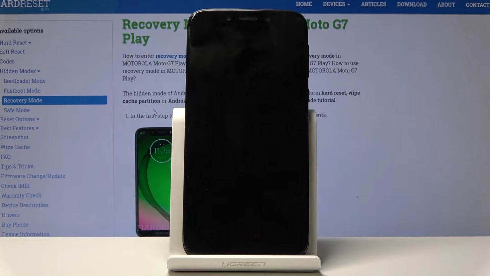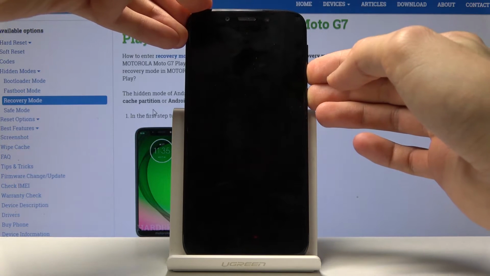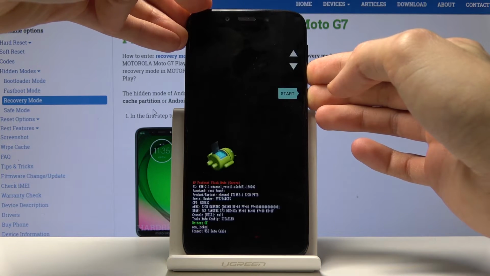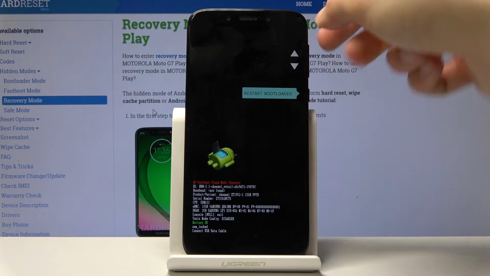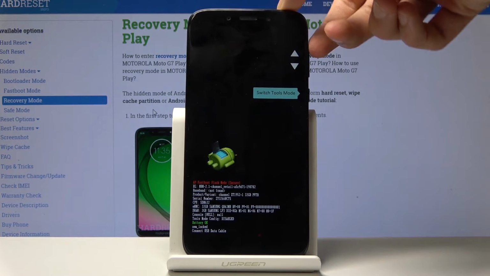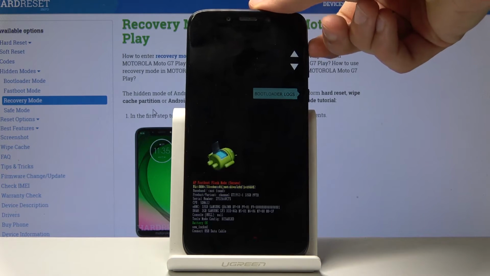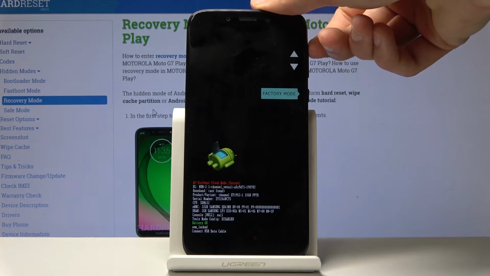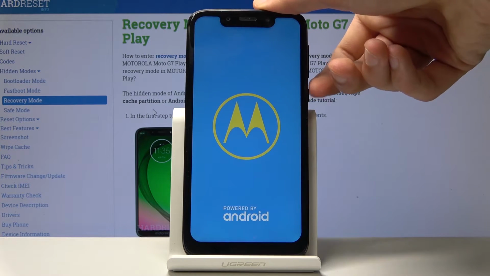And once the device shuts off, you will want to hold the power key and volume down. So from here, you want to select recovery mode using the volume keys to navigate the menu. Basically it switches what is right here, and once you see the recovery mode right here, press the power key to confirm it,